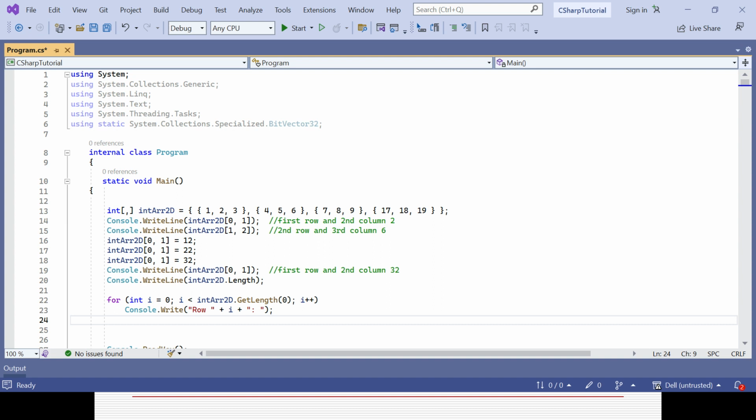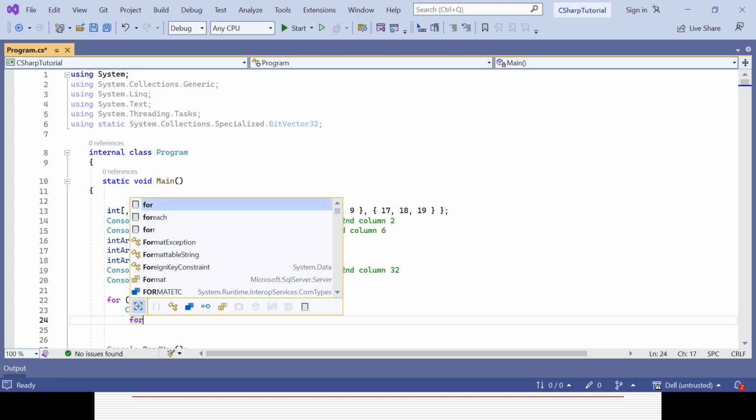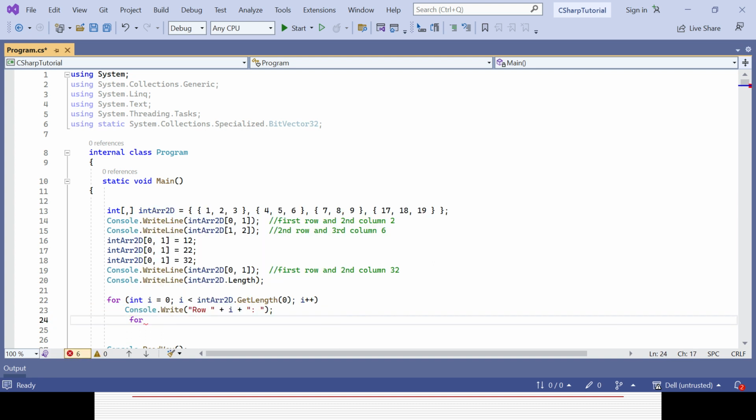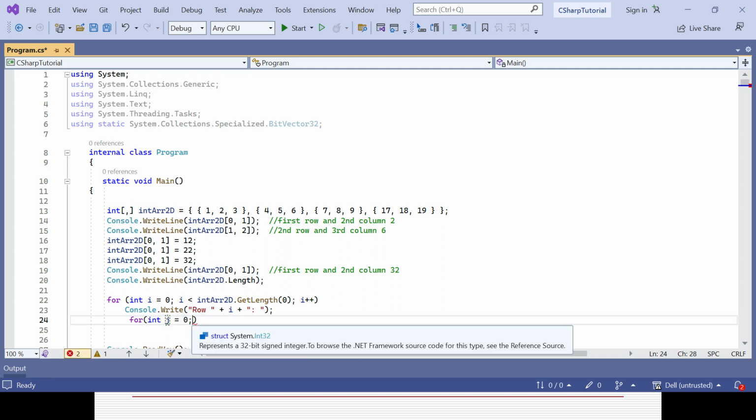Then I need to iterate for the inner loop, right? That part I already iterated with the row part, not the column. So I'll be using another for loop here. For, then I can define something called j variable, because the same variable cannot be used here. So j variable, j equal to 0, and j will go